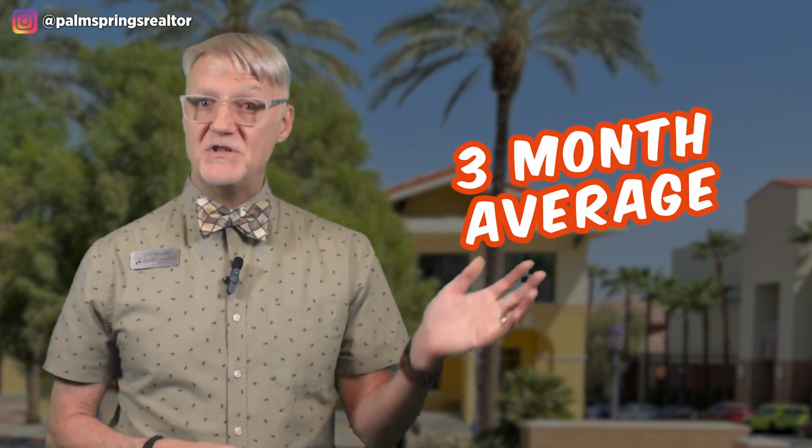Sales volume, also known as average unit sales. This is the actual unit sales activity that happened from month to month. For the Greater Palm Springs region, this is broken down into 2 graphs because of our seasonality. We have a 3-month average and a 12-month average. We break this down because this seasonality significantly affects our sales activity and metrics. It's easier to break it down into these 2 graphs to show our seasonality as well as trends over, year